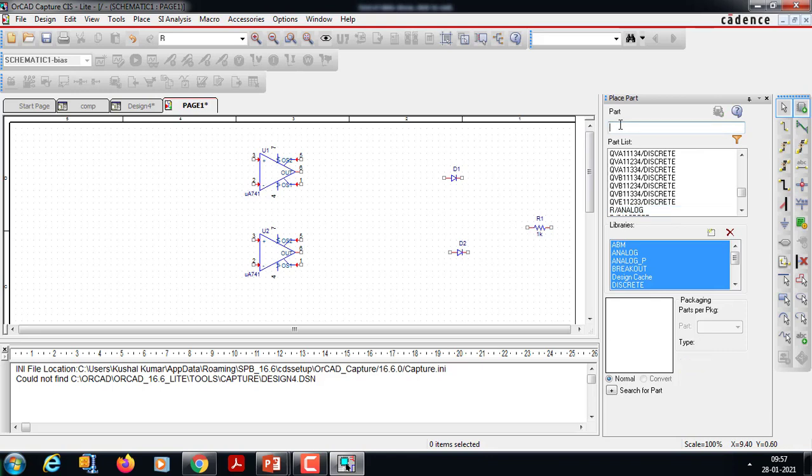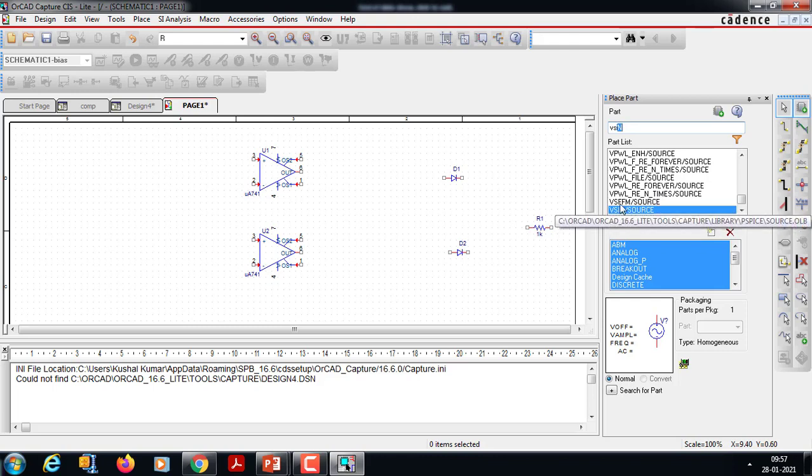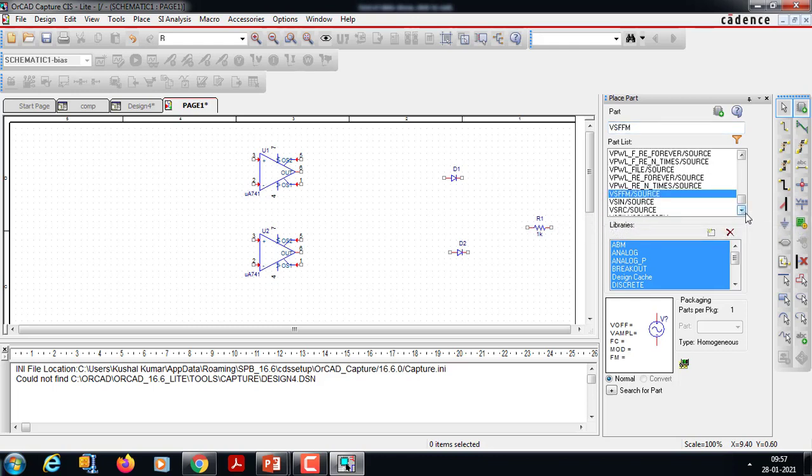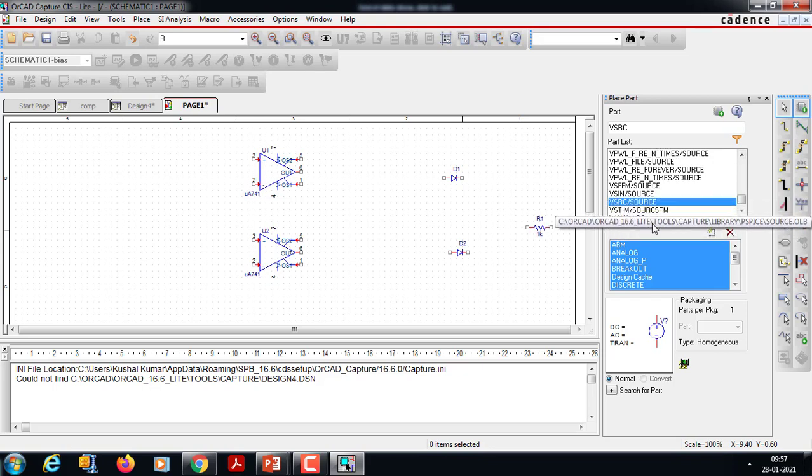So 1 V sine. So V source, I think so. So now we require VDC.